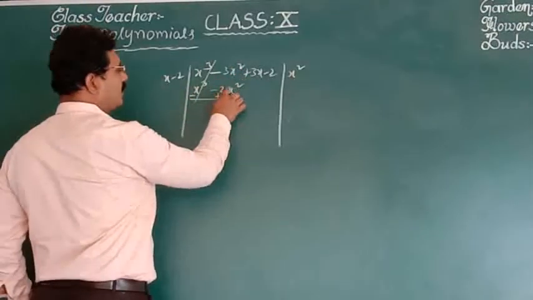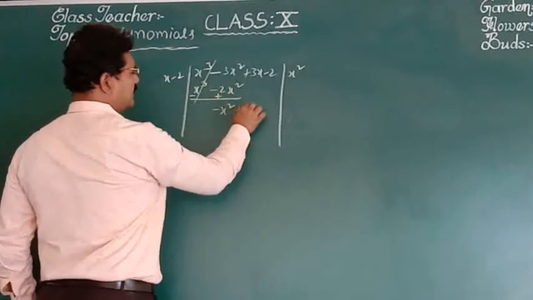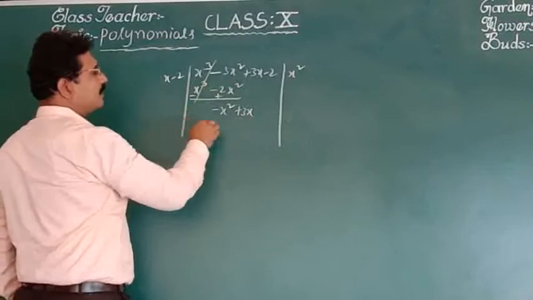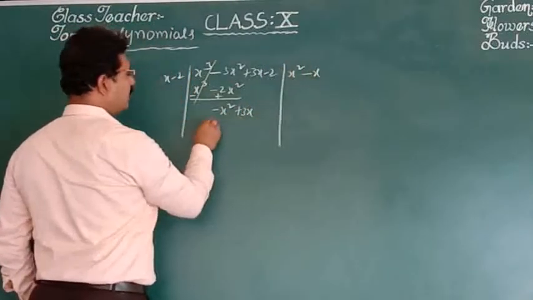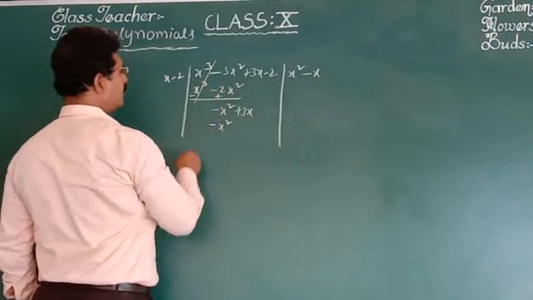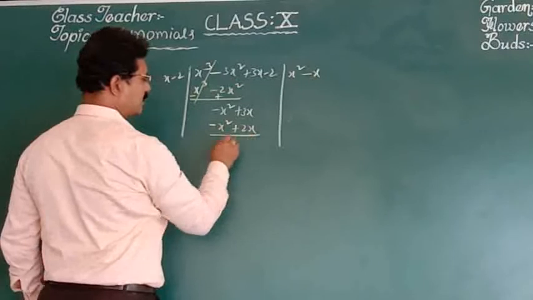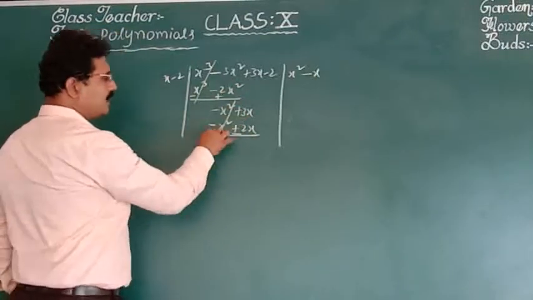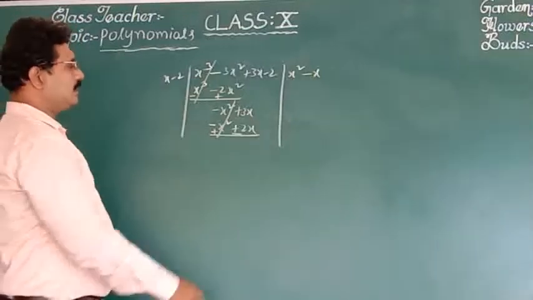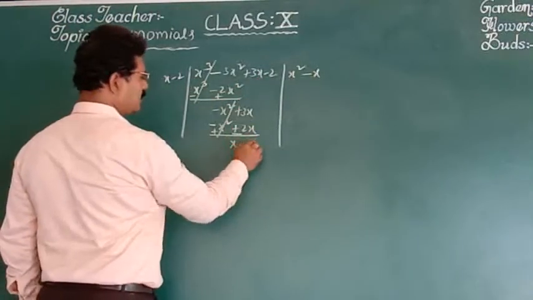Minus 3x square plus 2x square minus x square plus 3x. Now here x is already there, so that's why minus x. So minus x into x is x square, minus into minus plus 2 into x is 2x. Now again symbols change, this becomes plus, this becomes minus. x square gets cancelled. 3x minus 2x, x minus 2.